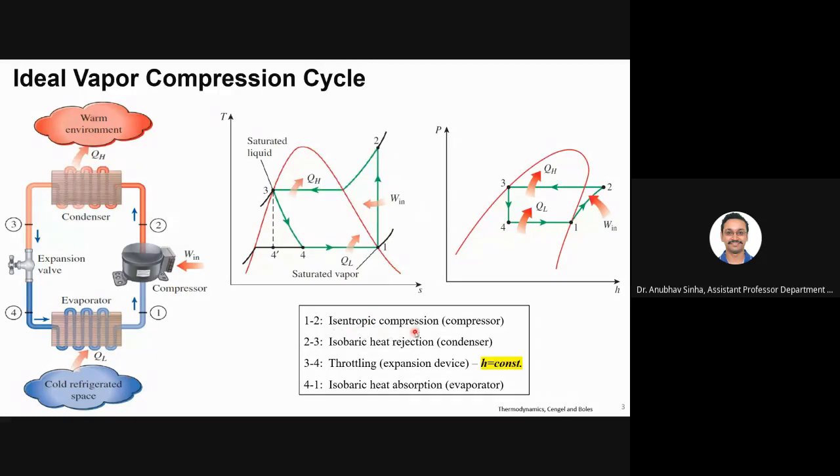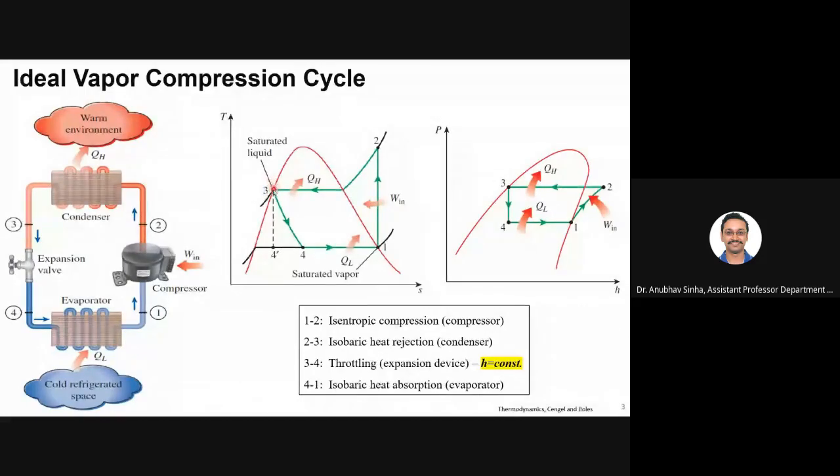So the assumption is that the compressor performs work on the working fluid in an isentropic process, isentropic compression. Now from 2 to 3, we assume that it is following isobaric heat rejection. In the condenser, we maintain a constant pressure. So following an isobar, we reject heat and we reach point 3, which is saturated liquid.